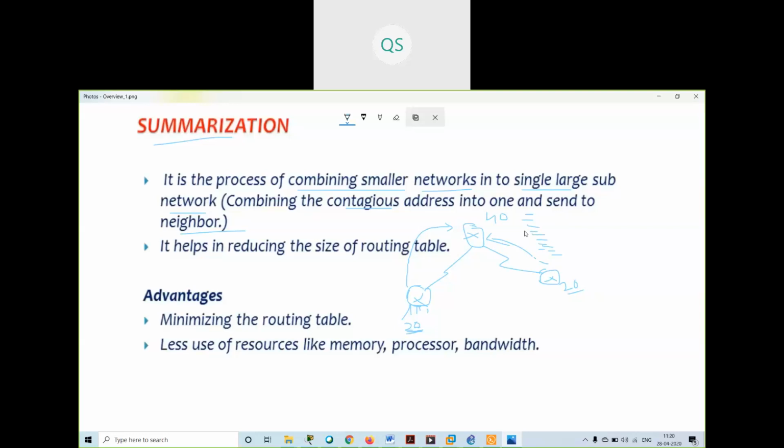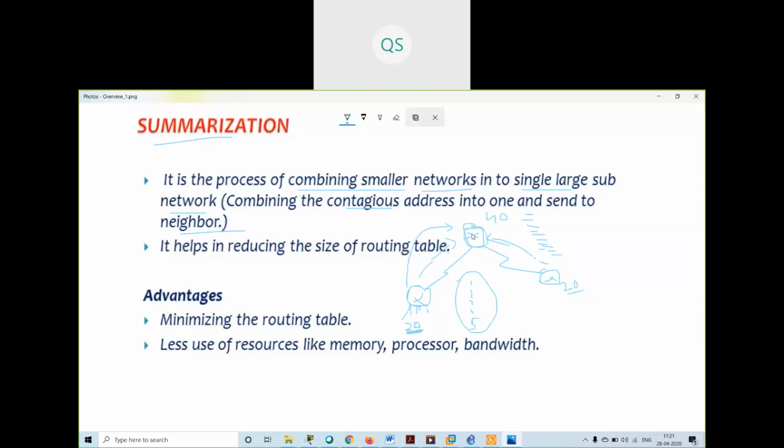So what can we do to minimize the routing table, if we have 20 networks and all of them are continuous? Continuous networks means they are in sequence, like 1, 2, 3, 4, 5. Then we can make a summary address out of these networks and send it to the router, so that the router will only have one summary address.